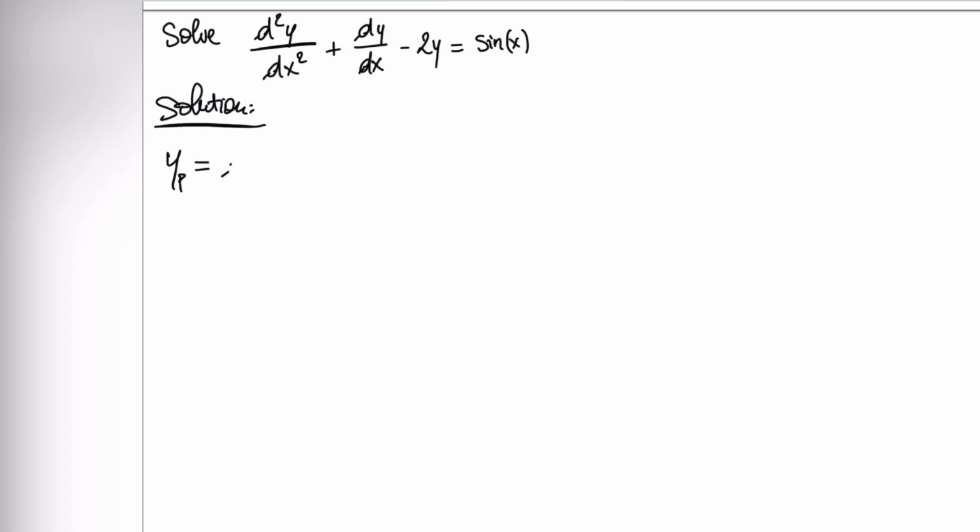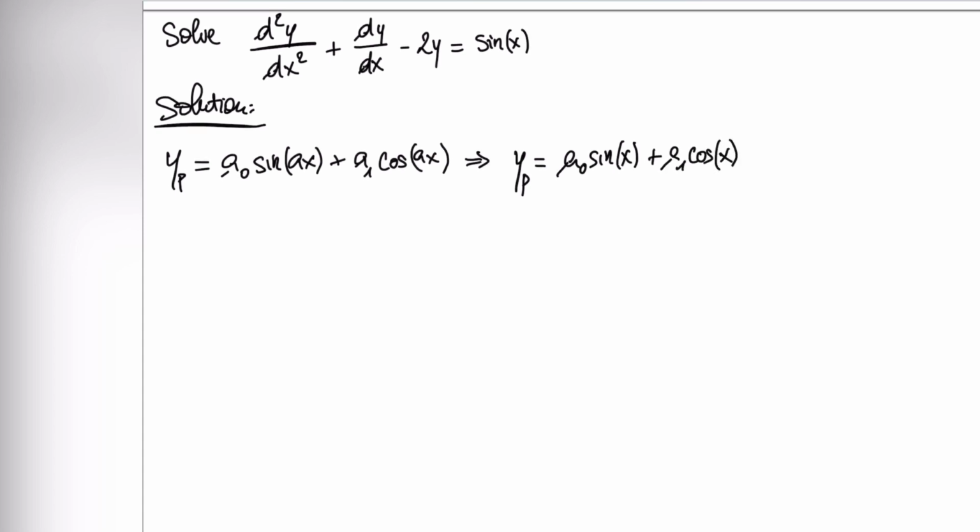So y of p is equal to a0 sine of ax plus a1 cosine of ax. In this case, a is equal to 1, so our y of p would be a0 sine of x plus a1 cosine of x. Now, this implies that dy of p dx, the first derivative of this,